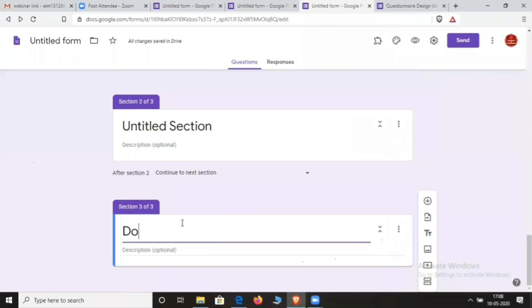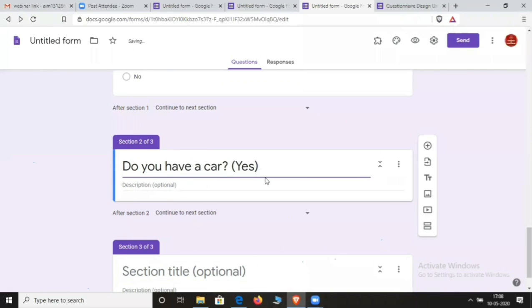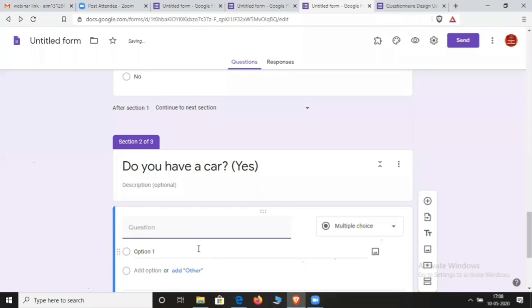And here you can write the description also. Do you have a car? And in brackets you can write if yes, then go to the next question from section 2. We can type this in section 2. If yes, then select go to the next question.